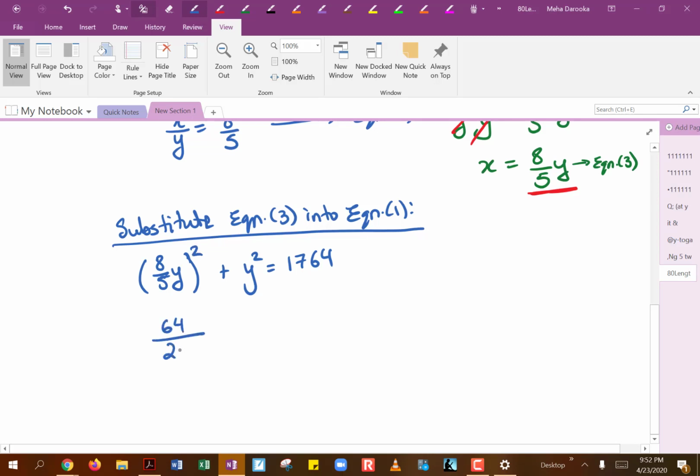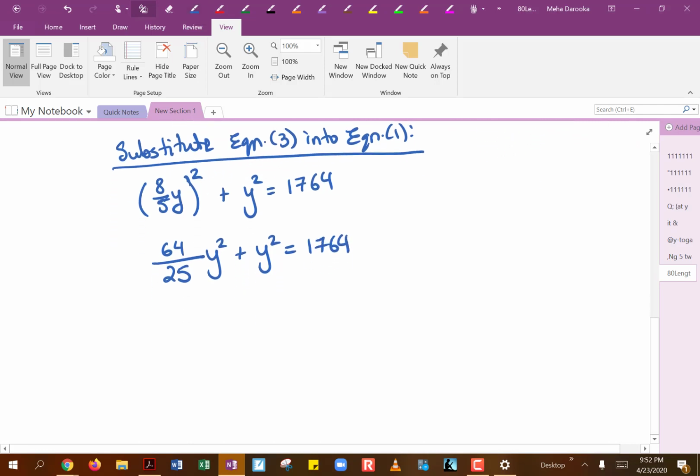5 squared, which will be 25. And then y squared will of course be y squared. And then we have y squared equals 1764 over here. So if you think about this, this guy has a coefficient of 1 over here, right? So we'll need to combine the like terms of y squared and y squared. That means you are adding